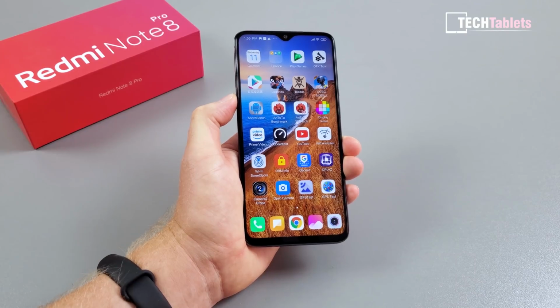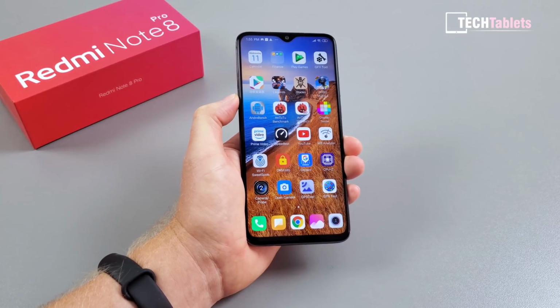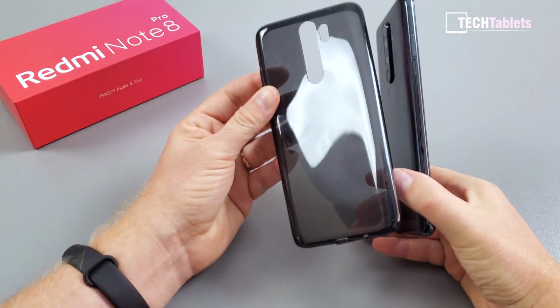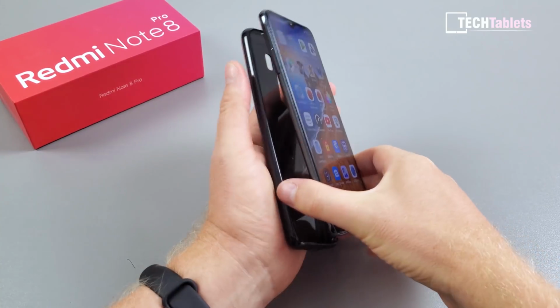So I wanted to do now just a test. I'm going to run the phone. I'm going to game for 2 hours approximately. Let's see how hot it gets. And then worst case scenario, put the case on it, because that acts as an insulator. I've got the case right here, by the way. So I'll put that on it, and I will charge and game at the same time, and we'll see